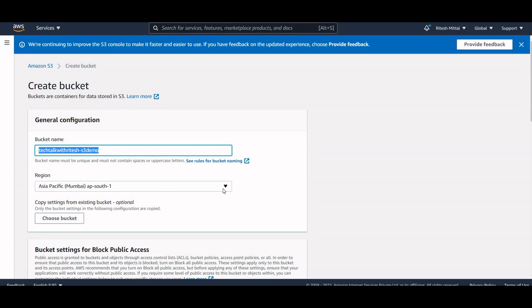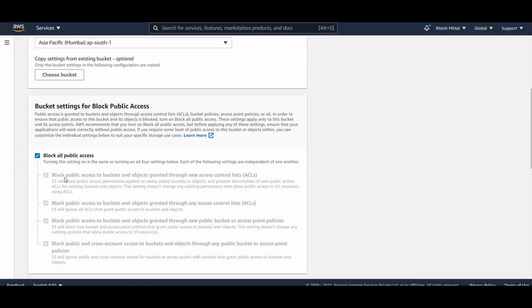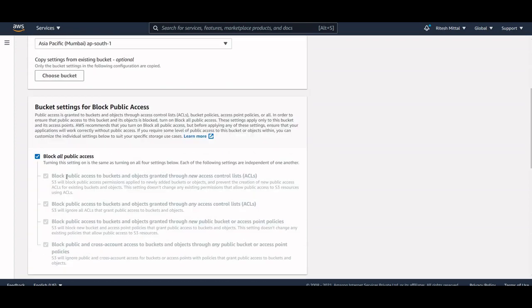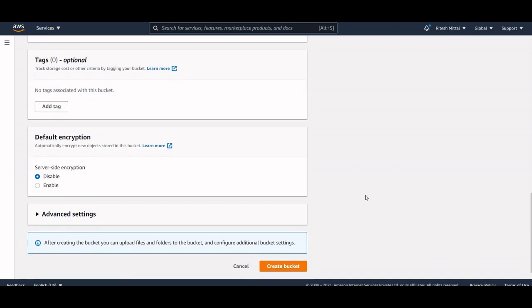The region I'm choosing is Asia Pacific (Mumbai). This is fine. I don't need versioning, tags, or default encryption. I'll just create the bucket.